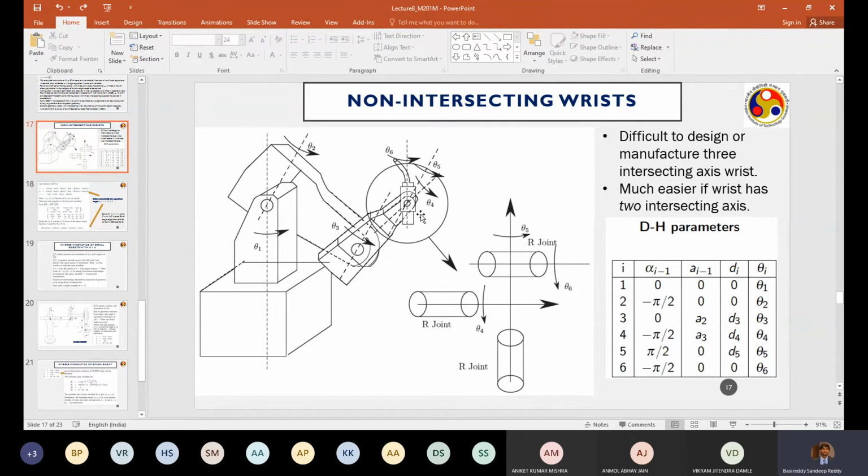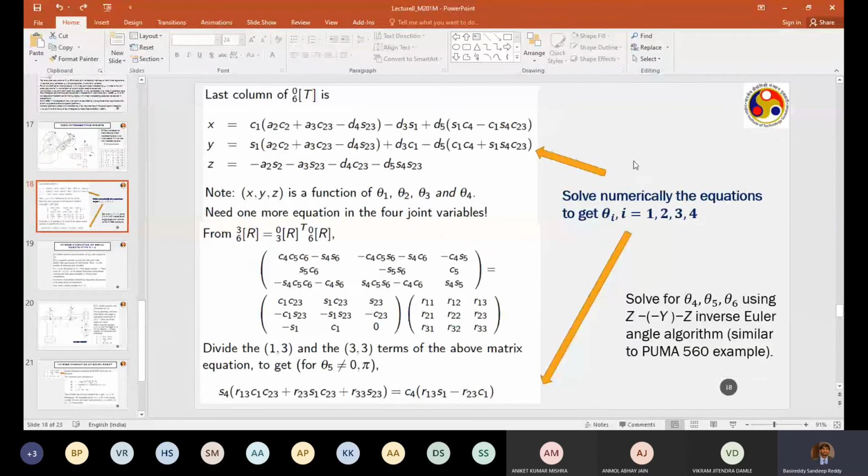So if you do the DH parameters, I'll allow you to do the DH parameters here for this. I suppose there'll only be a small change. This D5 is going to be added, right? But you can check this for this robot compared to what we did yesterday. I think more or less this is the same DH table with the exception of this D5, because only 2 are intersecting instead of all 3. So I'll leave that to you to calculate.